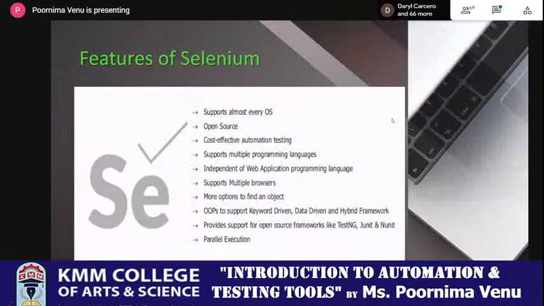Other features of Selenium are that it supports almost every OS. You can create the test and perform the test automation in Windows or in Linux, and it is an open source and cost-effective automation testing tool, and supports multiple programming languages and is independent of the web application programming language. That means you develop in Python for developing your application, but you can use Java for developing your automated script. So you don't require the knowledge of Python to develop the automation scripts